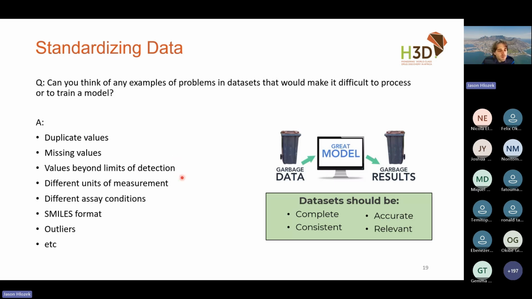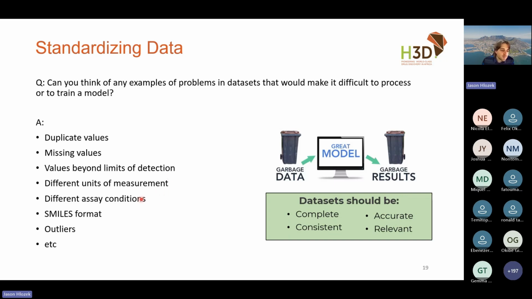This is a common problem where assays will only measure, say, activity or solubility in a certain range of measurements. And very often it happens that a compound's real measurement falls outside of that range. So you might get a value that's, say, bigger than 20. You don't know if it's 200 or 2000, you just know it's bigger than 20. And so is that an issue? Sometimes you need to take that into account. We'll talk a lot about this as well.